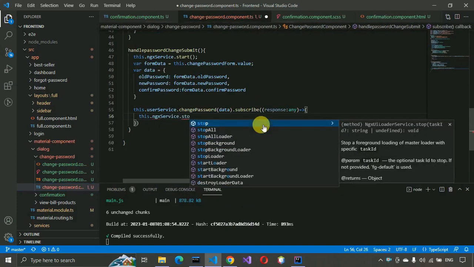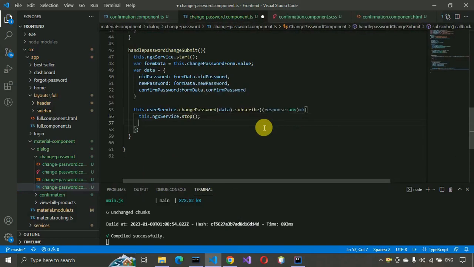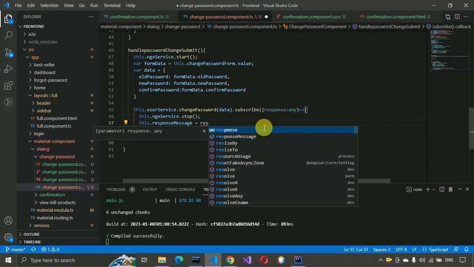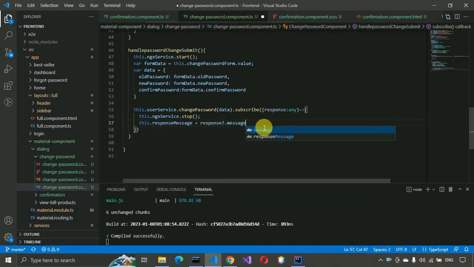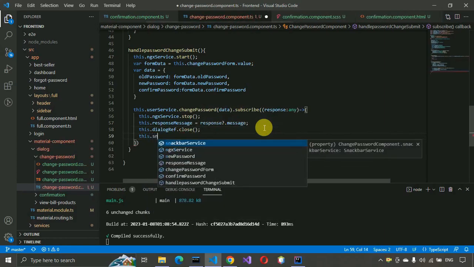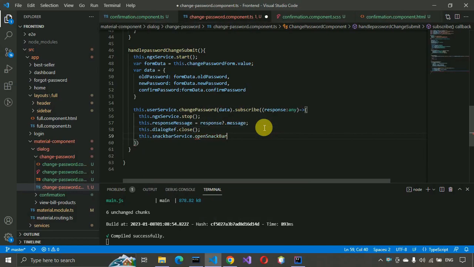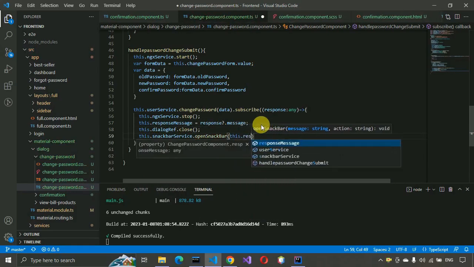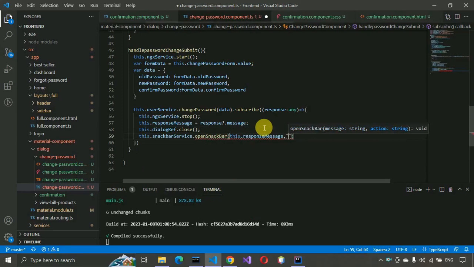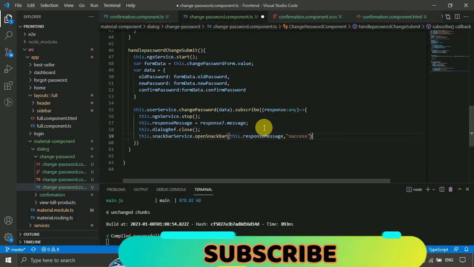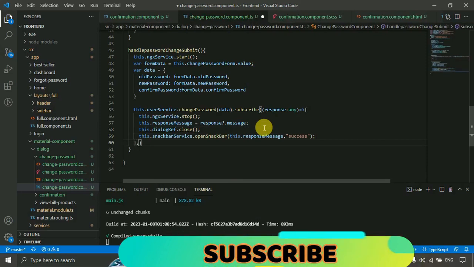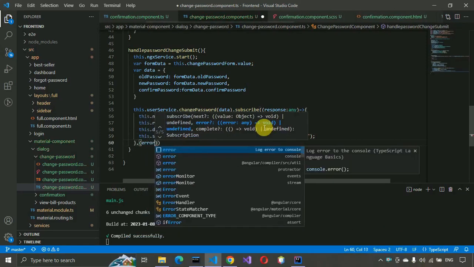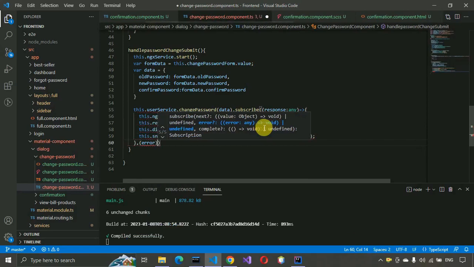ngx services dot stop, this dot response message equals to response dot message, whatever message we are going to get we have to pass. This dot dialog reference we need to close if everything goes right. This dot snackbar services dot open snackbar, and this dot response message, and here we have to write success, or we can leave it blank, it will still go to the correct response. And error,